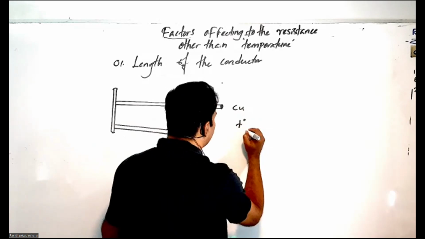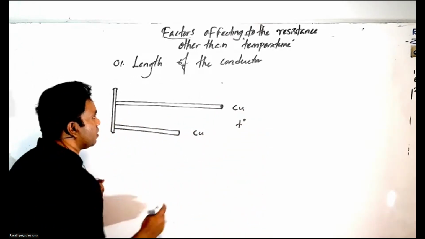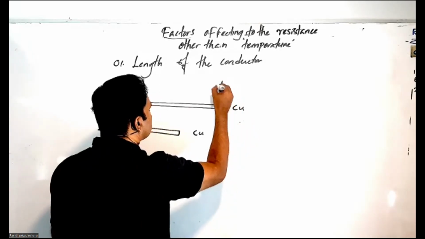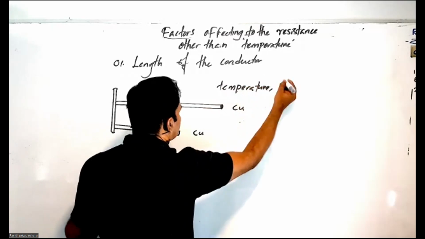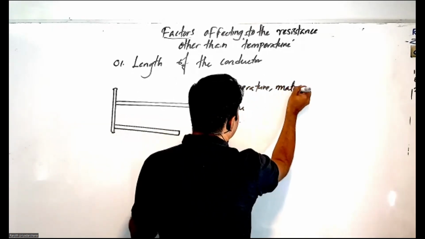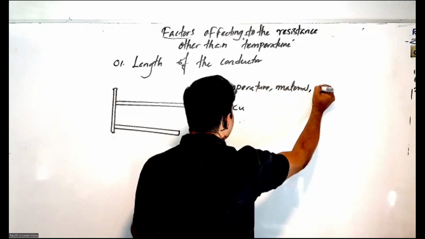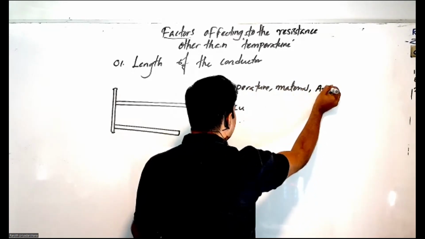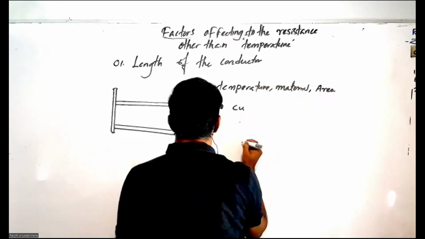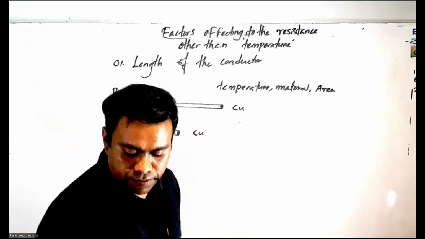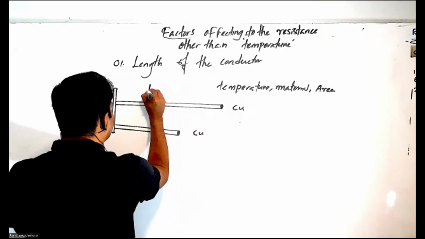Material is copper, constant. But length is not constant. Material constant and area of cross section similar, right? So temperature constant, T constant,